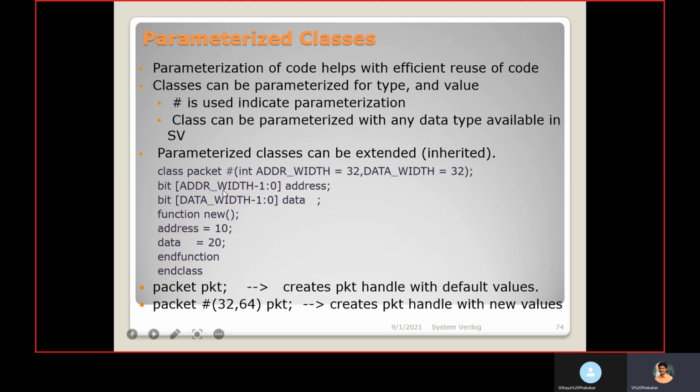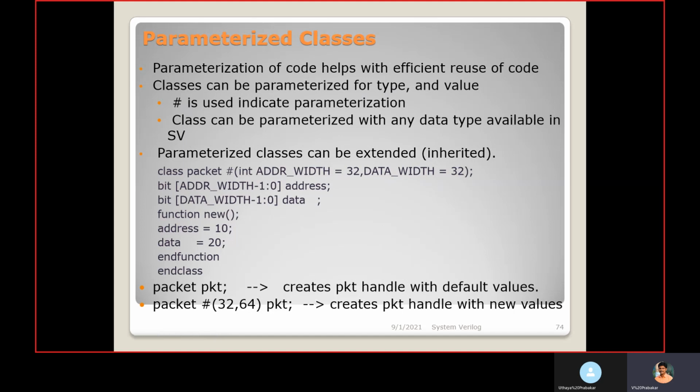So instead of mentioning it everywhere in the code, for example, here I declare address. Address is nothing but 32 bits, so I would need to mention 31:0. Instead of that, I declare it as bit [address_width-1:0] address. This address width is nothing but 32, so 31:0 is the address. Then bit [data_width-1:0] data. So this is the use of parameterization. Okay, so this is already the use of parameterization in Verilog.